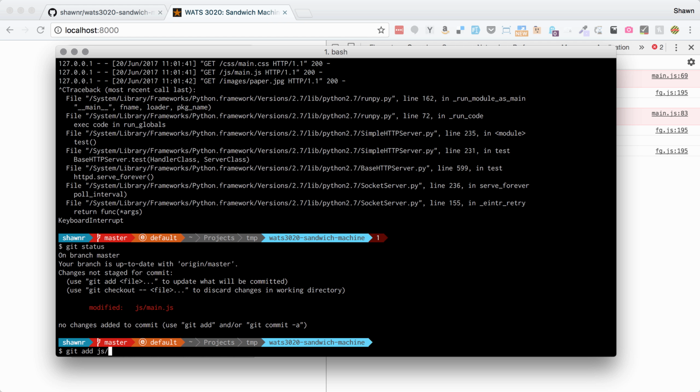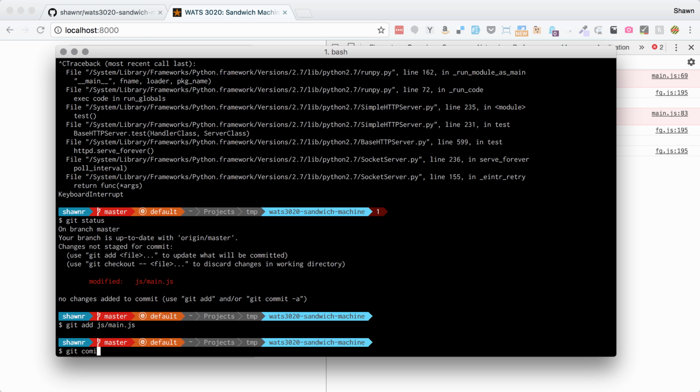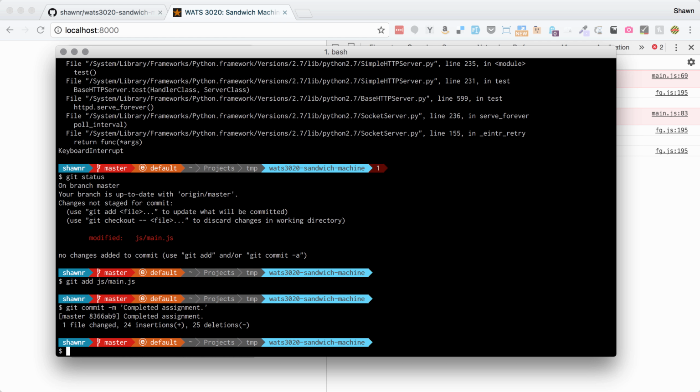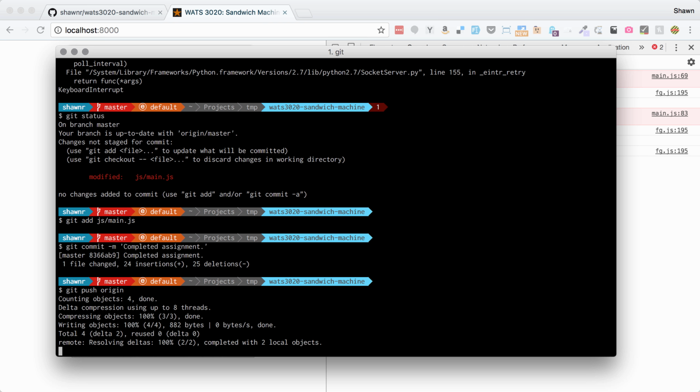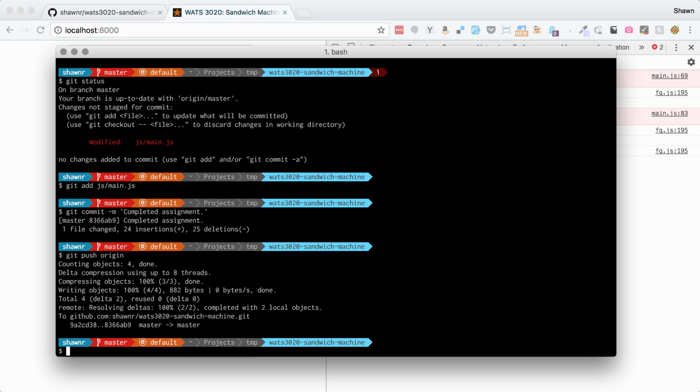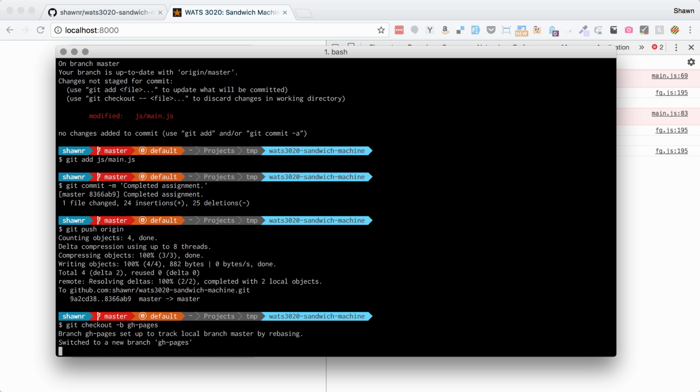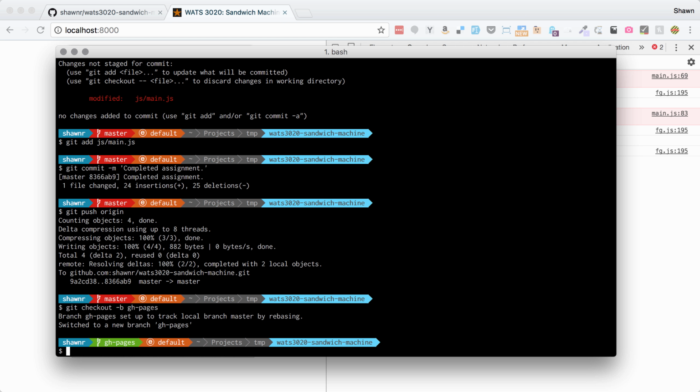Git add main.js, git commit -m "completed assignment", git push origin. And then the next thing that I need to do is make a gh-pages branch so that this can actually run online. So I'm going to say git checkout -b, which makes a new branch when you check out, and that's going to be gh-pages. And then I'm going to say git push